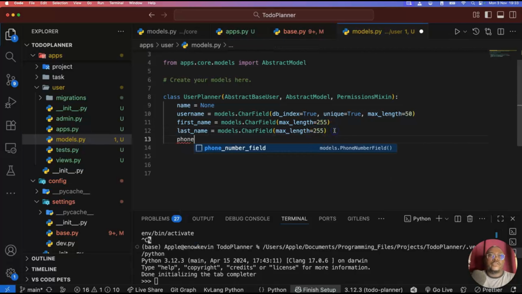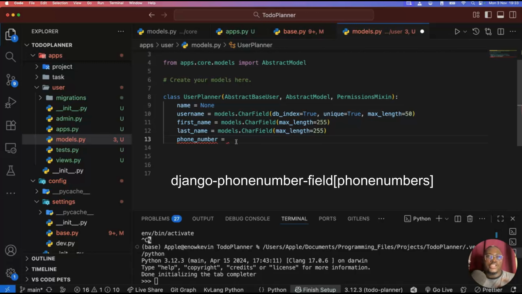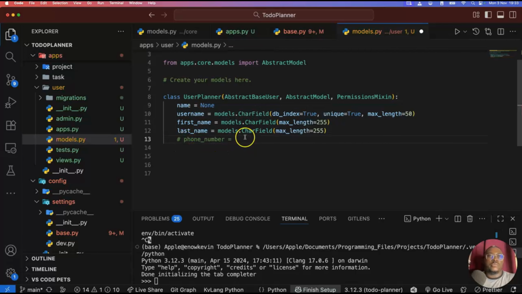The next one will be phone number. We can use the normal phone number that comes with Django, but because I want my phone number to use a global space, I will use a package called the Django phone number field. We are going to install it later on, but for now, I will just go ahead and comment this out